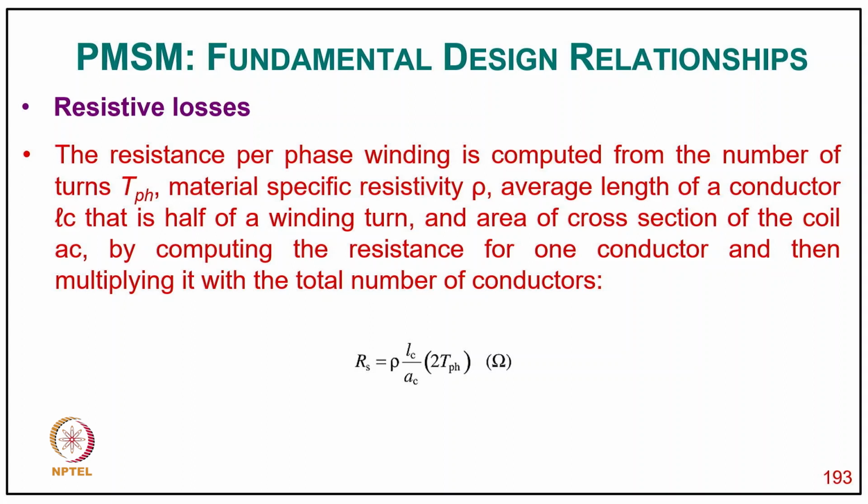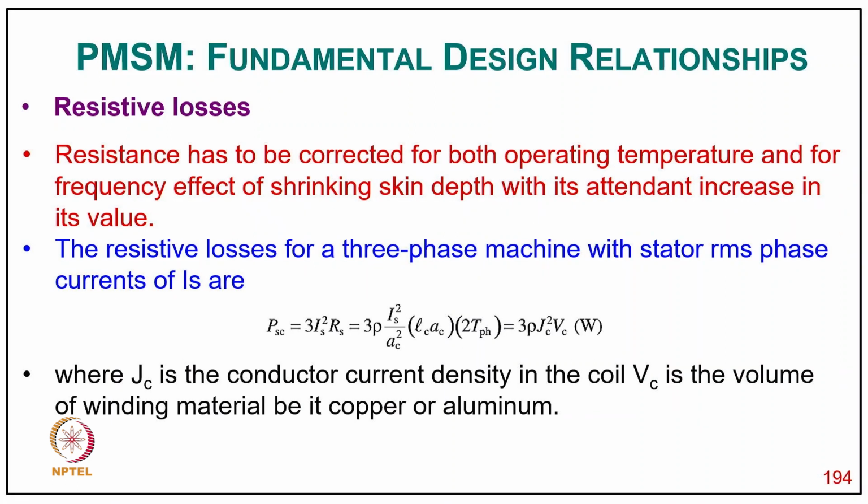So RS equal to rho LC upon AC into 2 TPH in ohms. Now resistance has to be corrected for both operating temperature and the frequency effect of shrinking skin depth and its attendant increase in value. So resistive loss for a 3-phase machine with stator RMS currents of IS,